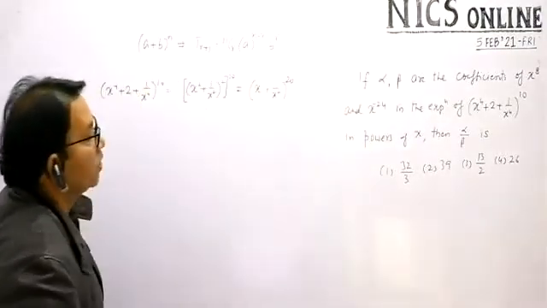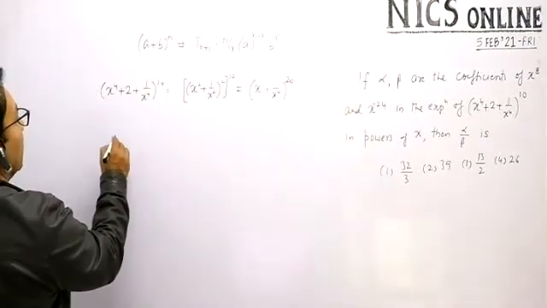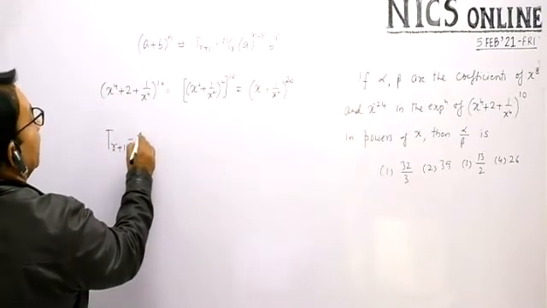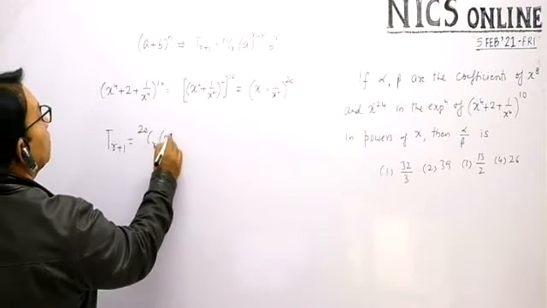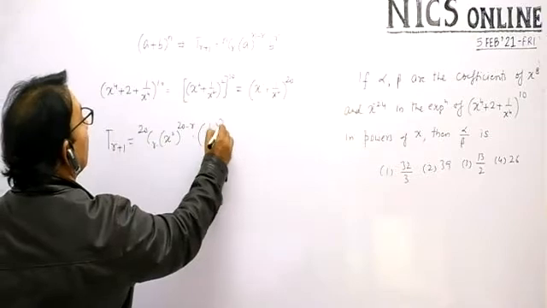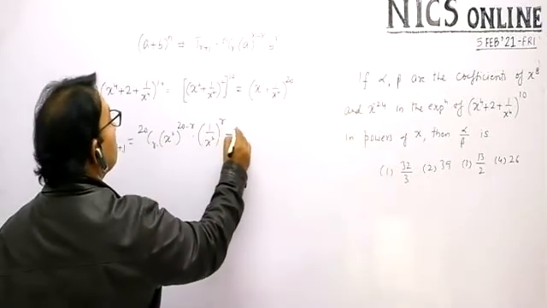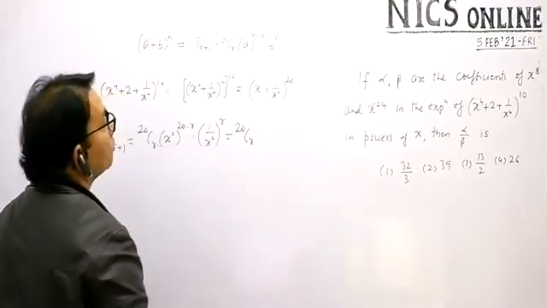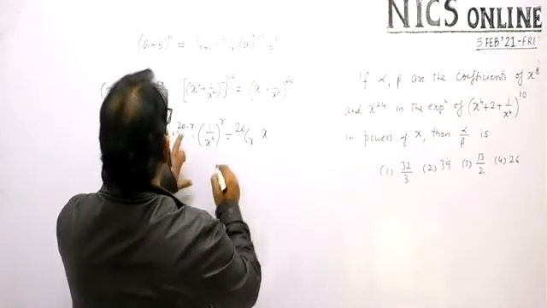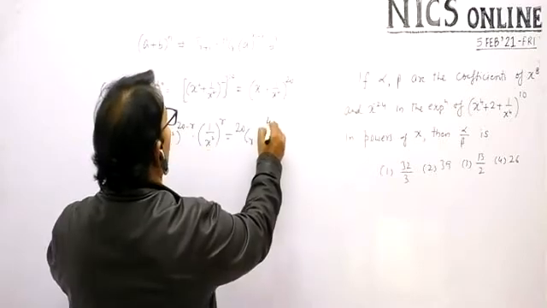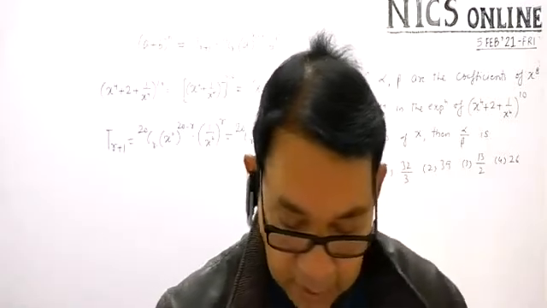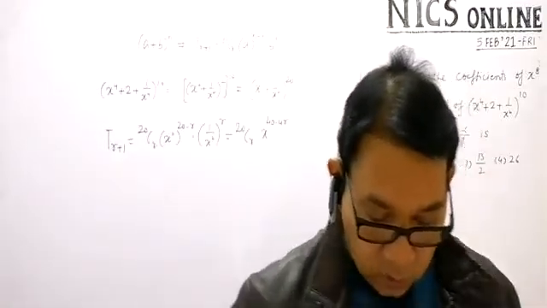Anyway, अब let's find its general term. तो जनरल टर्म क्या बनेगा इसका? देखो, T(r+1) is 20Cr x squared to the power 20 minus r, 1 by x squared to the power r. Let's separate the terms. 20Cr, x की पावर कितना हो जाएगा? 40 minus 2r minus 2r, 40 minus 4r. Power of x, as you can see, is 40 minus 4r, जो कि हमें इक्वेट करनी होगी